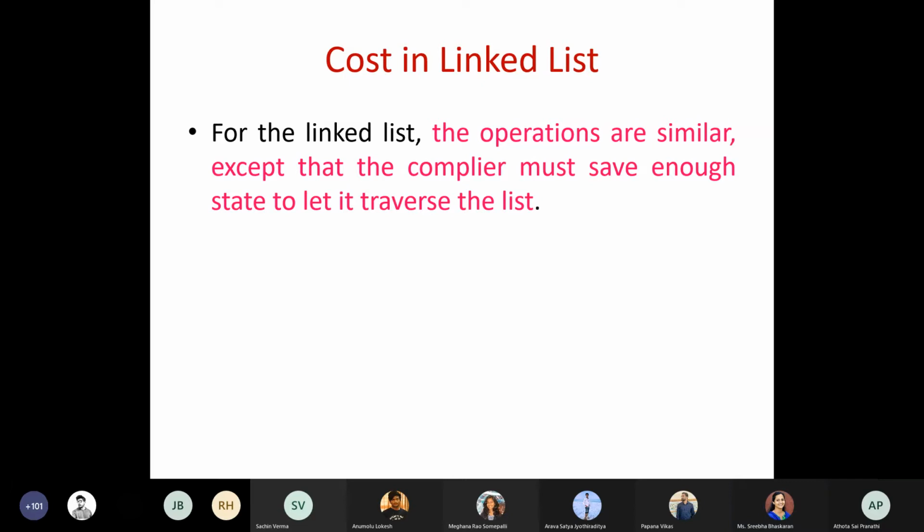Okay, so that is what you are supposed to do when you go for the linked list. Hope you are able to imagine how it is, because these concepts you have already studied: pointers, array of pointers, arrays, linked list. So you just have to imagine how you would be coding it.